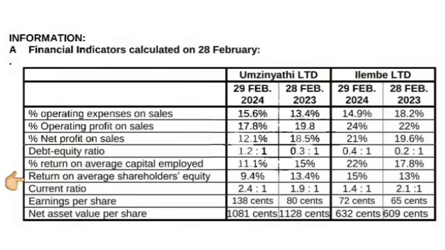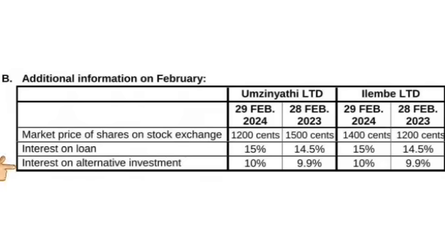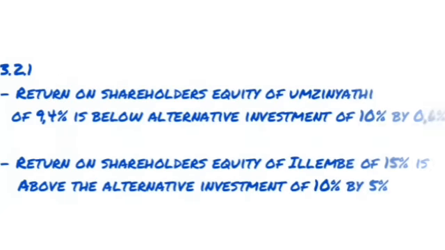For Umzinyati it used to be 13.4 and now it's 9.4. For Ilembe it used to be 13, now it's 15. When it comes to percentage return, we want to know: is it bigger than our alternative investment? Our alternative investment is at 10% for both of them this year. So if they invest elsewhere, they will get a 10% return. When you look at Umzinyati, this year they are getting 9.4 when they could be getting 10%. So it's lower